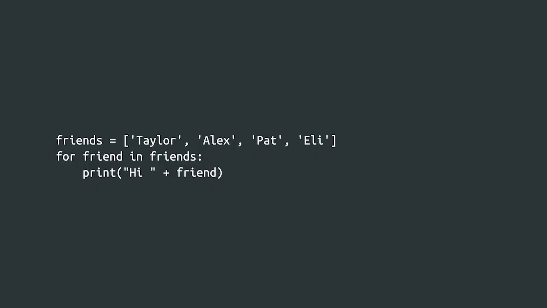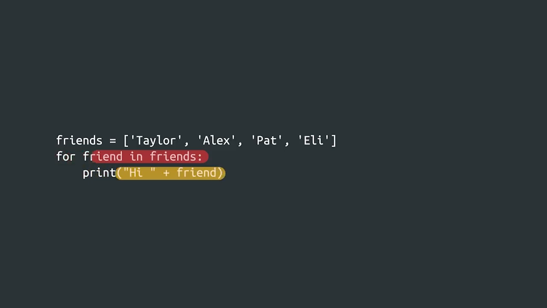Think all the way back to our very first Python example in this course. Remember our trusty hi friends script? In it, we saw a for loop that iterated over a list of strings. It looked like this. We'll talk a lot more about lists later on, but for now, you only need to know that we can construct lists using square brackets and separate the elements in them with commas. In this example, we're iterating a list of strings, and for each of the strings in the list, we're printing